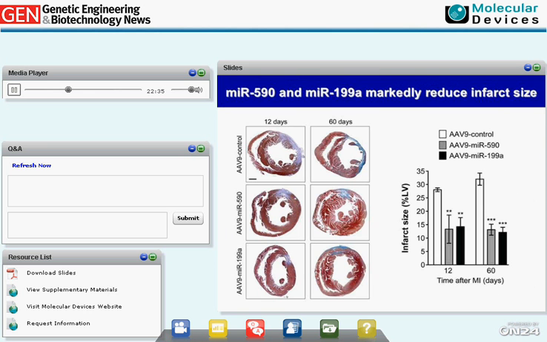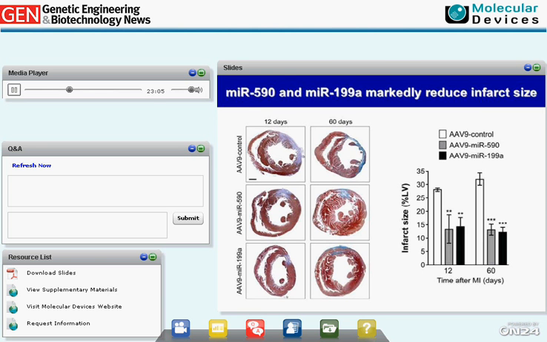So if you look at the histology of these hearts, we can see that the extension of the infarct at 12 and 60 days is much reduced after transduction with AV encoding for the microRNAs. In this case, we're looking at the fibrotic tissue that is stained in blue for collagen deposition, and you can see massive infarctions in animals treated with controls, whereas with microRNA treatment, you see a very reduced area of